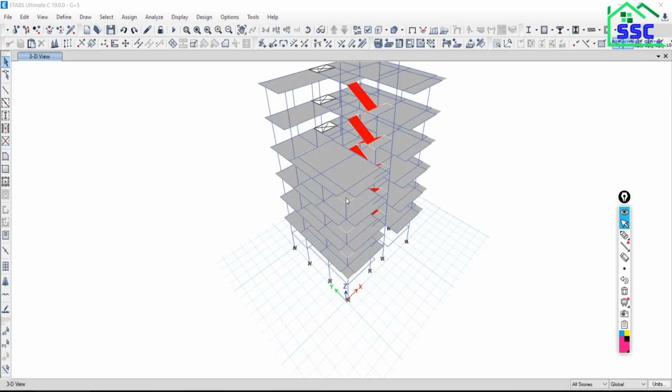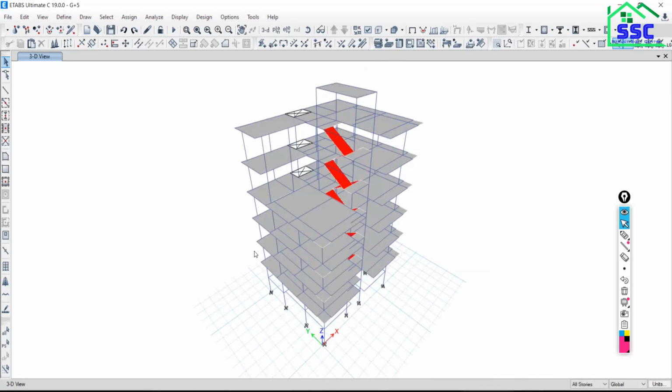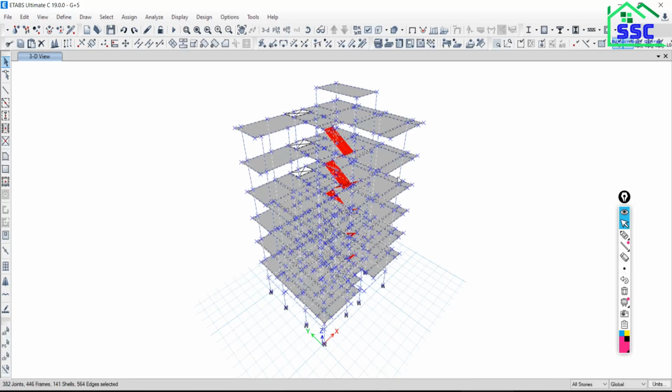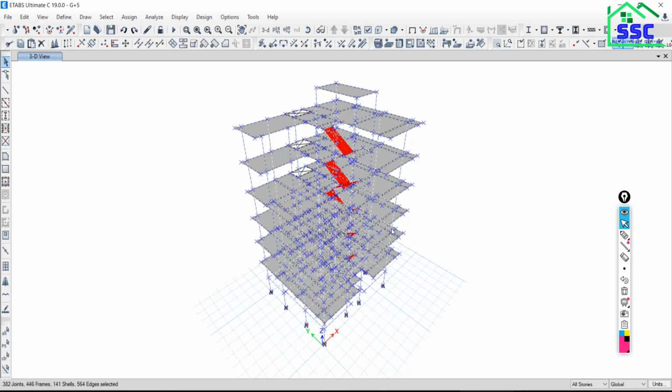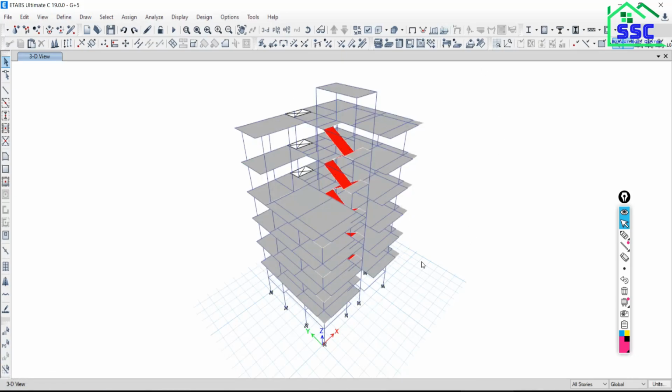Clear, sir. Now next thing, suppose you want to select all the things which are available in the model, just right click over this all. Once you click over all, all the things will be selected at once. Now if you want to clear this selection, just click over all, clear all. So all the things will be cleared. Is that okay? If you want to select all these things, just say all. So all the things will be selected at once. Then again just click over clear, so all the things will be cleared. So this is a shortcut.